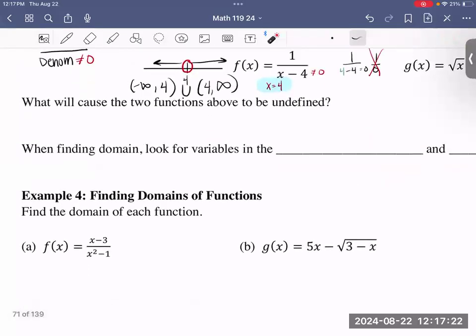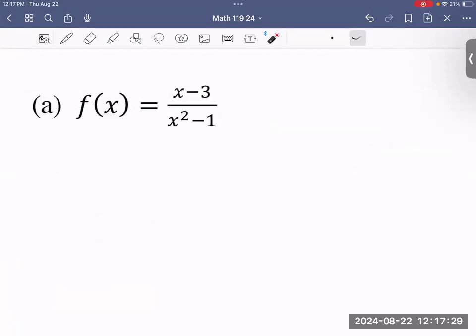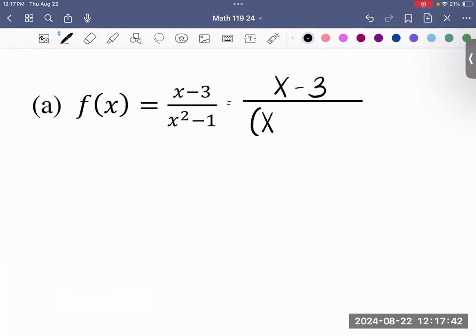So let's try that again with A. Well, with A, let's take a look at simplifying, factoring. You have an x minus 3, which doesn't factor. Well, let's take a look at below. We have x minus 1 and an x plus 1. That was from the difference of squares. So if nothing cancels, we can go ahead and ignore the numerator